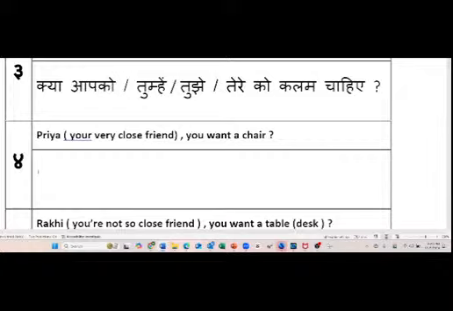Yeah. Ara, what do you say? Do you say प्रिया तुझे कुर्सी चाहिए? प्रिया तुम्हें कुर्सी चाहिए? प्रिया आपको कुर्सी चाहिए? I think tum, because if you have a friend, then it's probably not going to be very adult, or like a very baby. Oh, but you could say all three. But since Priya is your very close friend, you could say tujhe. Yeah. Okay, Nandika, what do you want to say?